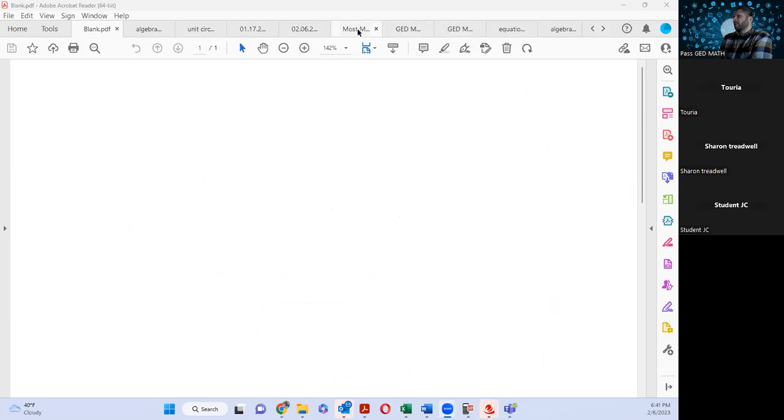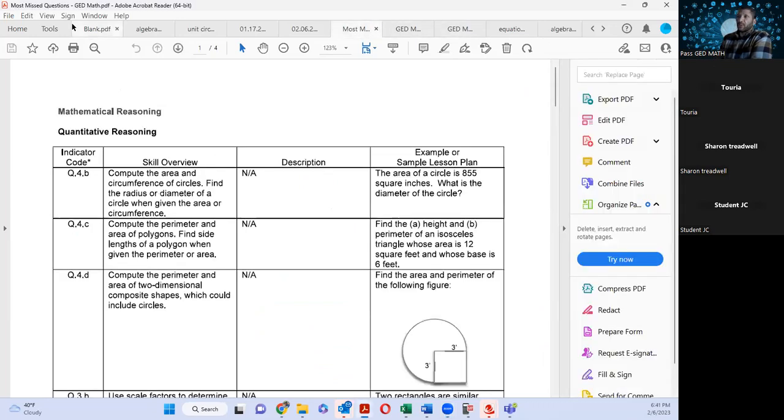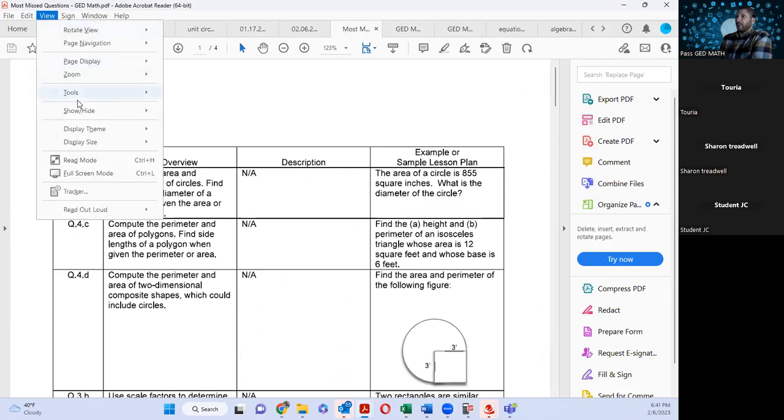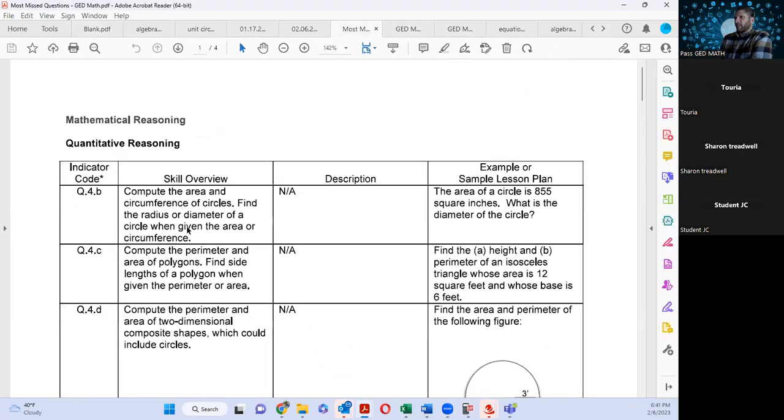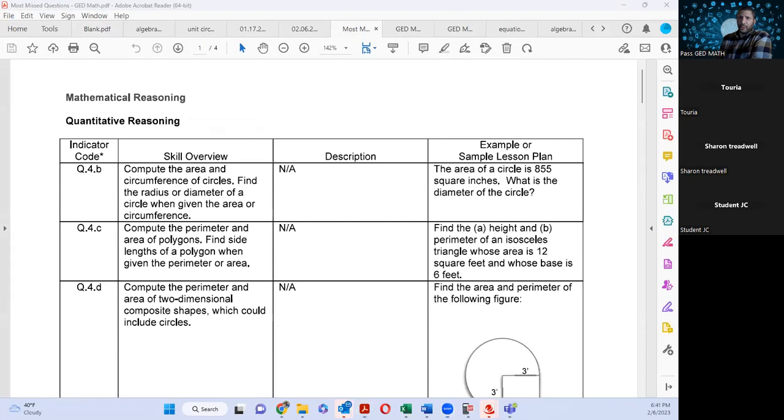Most missed questions. Where are you? Here we go, right here. What you have to understand is this is not even the one I was looking for, but let me show you. They wouldn't have a document that says the most missed questions on the GED if those questions weren't on the GED. Am I right or wrong? Right. So you've got to use that to your advantage. If they're giving you a document that tells you the most missed questions on the GED,